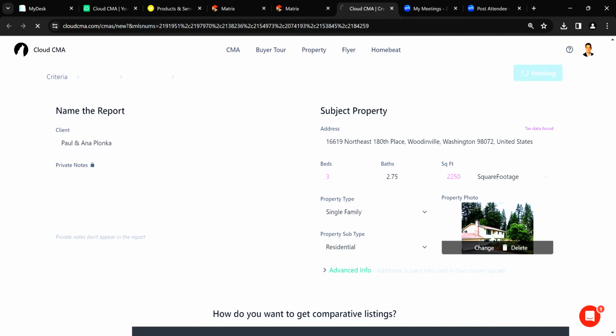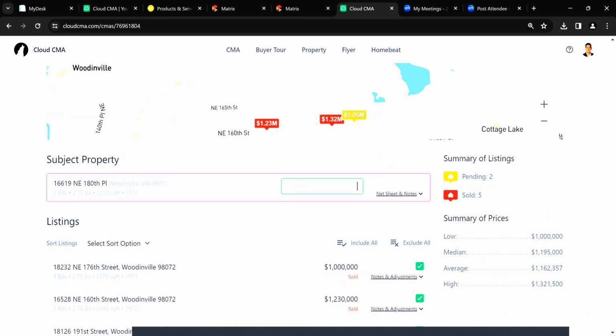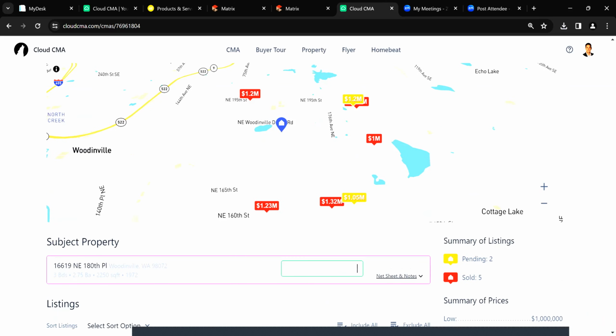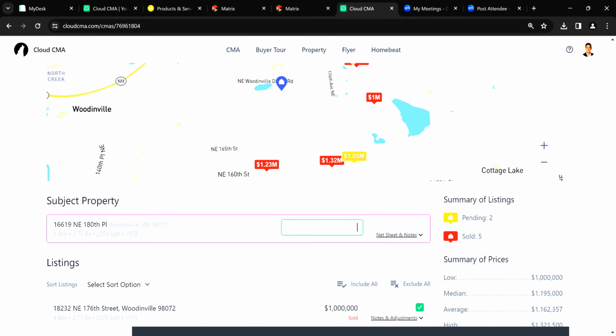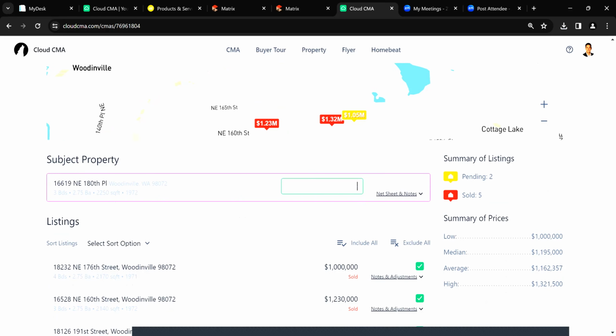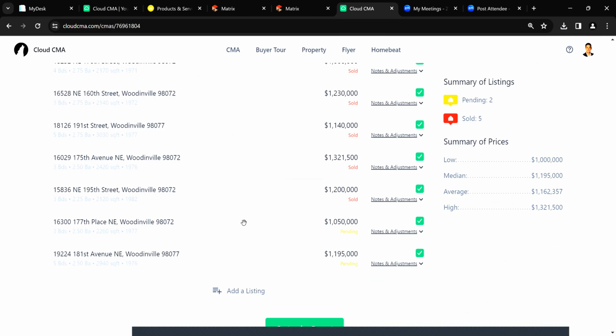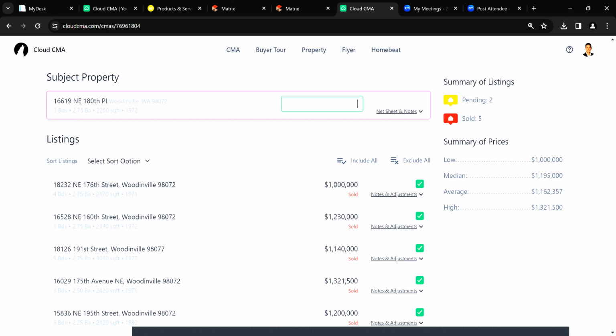All right, so let's fetch the listings. All right, it's gonna show you right where the subject property is in the middle here. Here's all of our comps surrounding it. So we have 2 pendings, 5 sold, no active that I got for a comp. What, if you needed to add anything, the cool thing is that you can actually